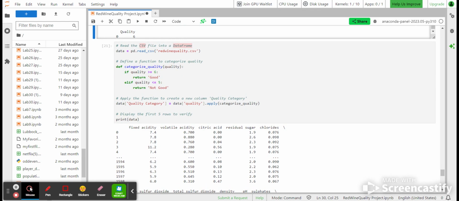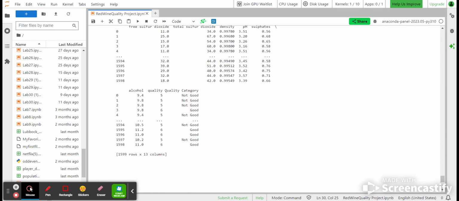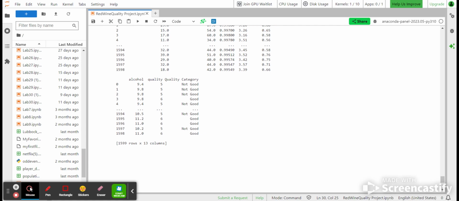Next, we can find if a red wine has a good quality by using a little simple code where we find out if the quality is greater than or equal to 6, or if it's less than or equal to 5. Those will signify whether it's good or not. And then it'll go through every single one. At the bottom, it'll eventually show the quality of it, each of the numbers, varying from the first one all the way to the last one. And then it'll show the category of whether it was a good quality wine, if it was 6 and above, or if it was a bad quality wine, whether it was